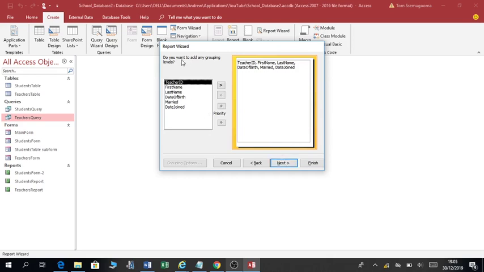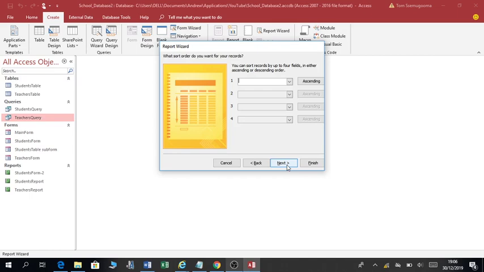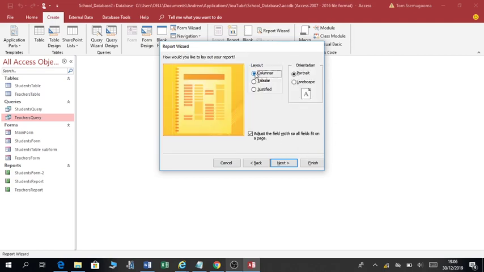And do you want to add any grouping levels? For now, just leave this. I'll explain to you what this means later on. We want to arrange this by date joined in ascending order, or you can use teacher's ID. Do you want the report to be in columnar form? You want it to be in tabular form? I'll explain this later. Let's use tabular. You can even select whether landscape or